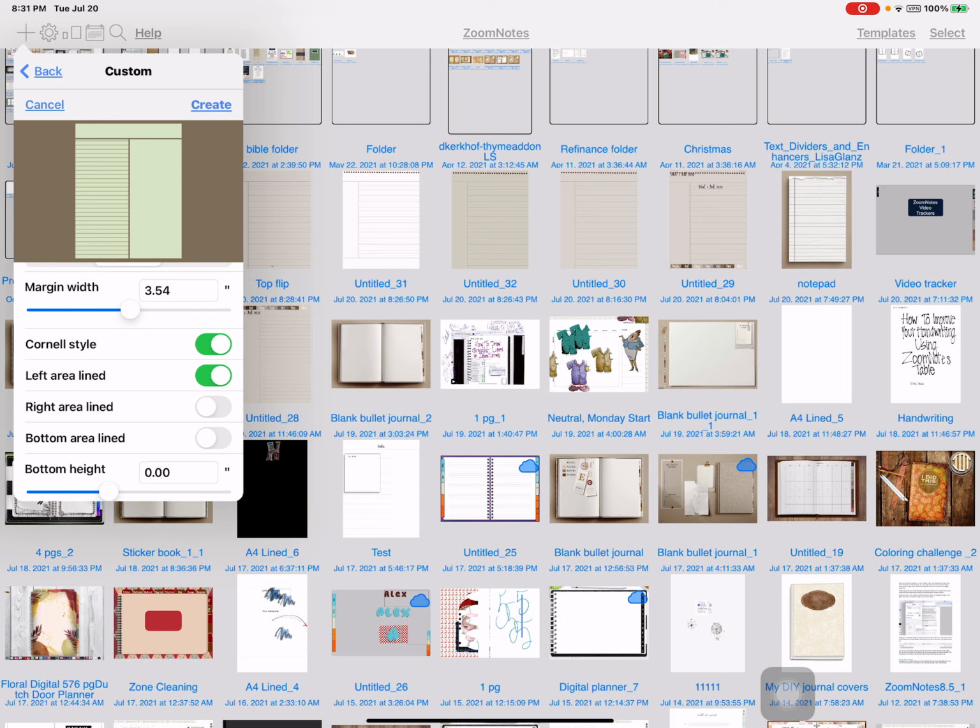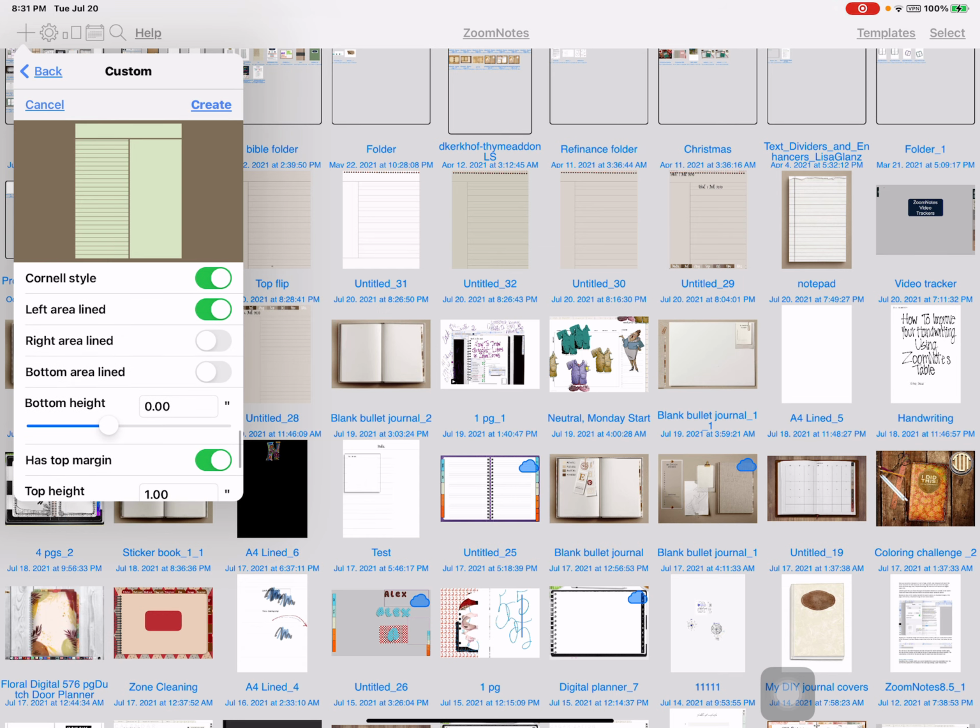If I want a bottom, see, I can have it that way, and I can put lines on the bottom if I want to. See, I just like the look of that. I'm going to put a little bit of a border at the bottom, and